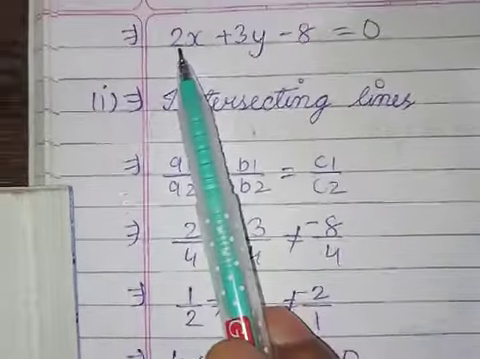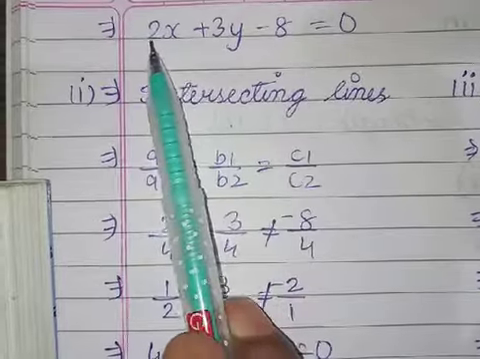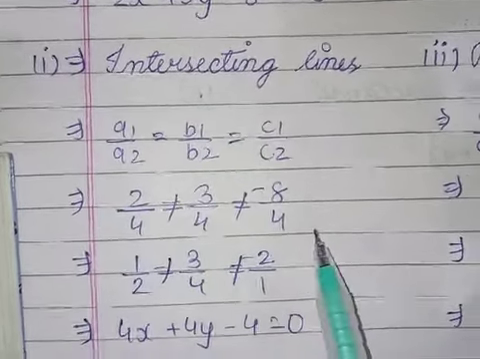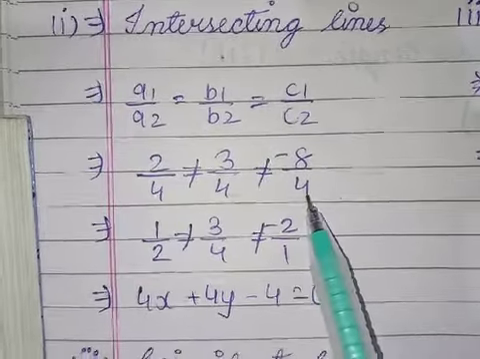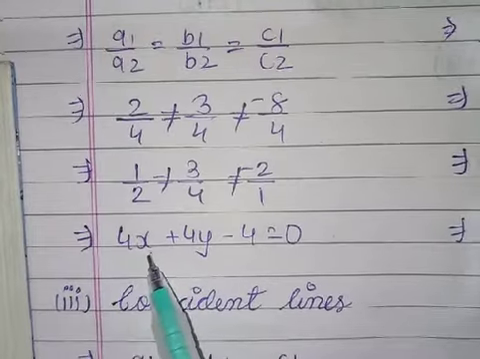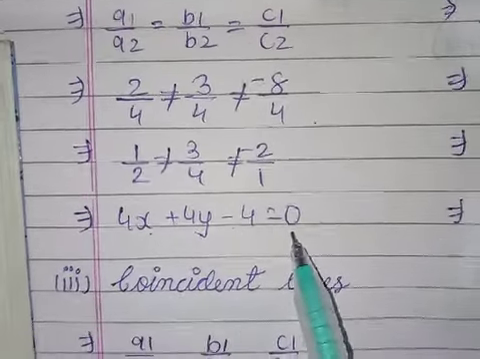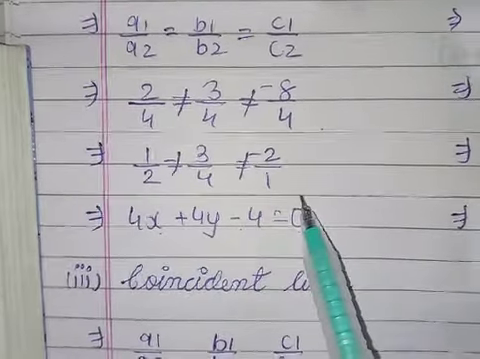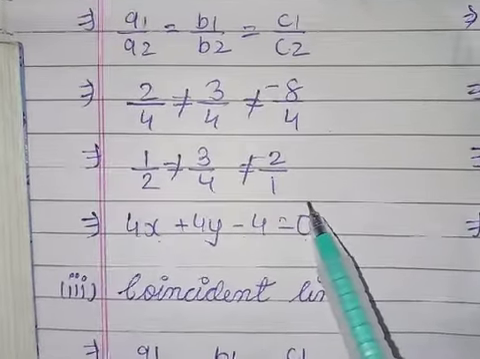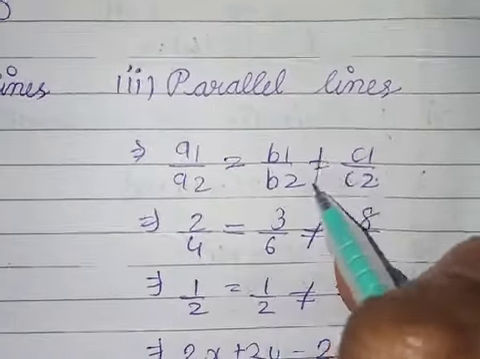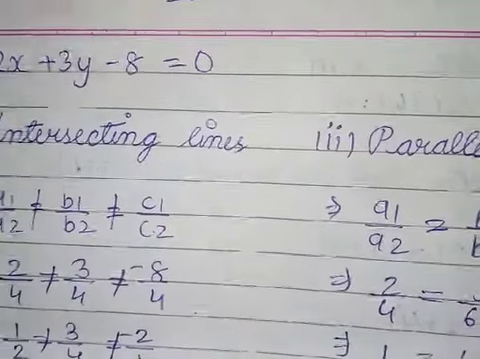We already have 2, 3, 8. So you can write anything, 3, 4, 5, so they will not be equal. Anything you can write, 4, 4, 4 also. So the other equation will be 4x plus 4y minus 4. Here we have to make sure that these three ratios are not equal, then they are intersecting lines. Now for parallel lines, any two ratios